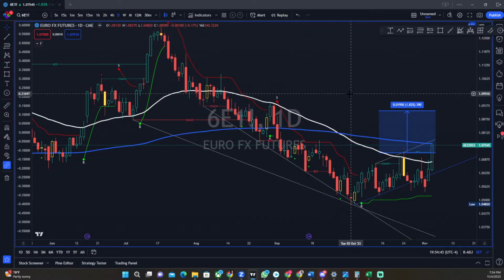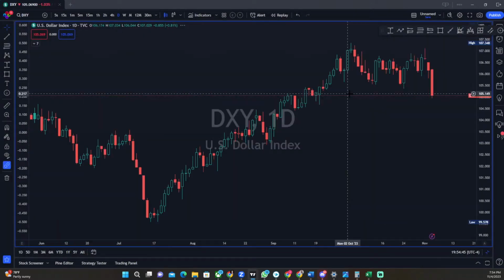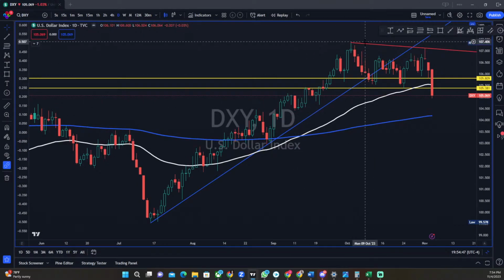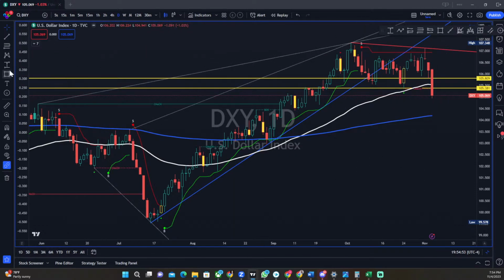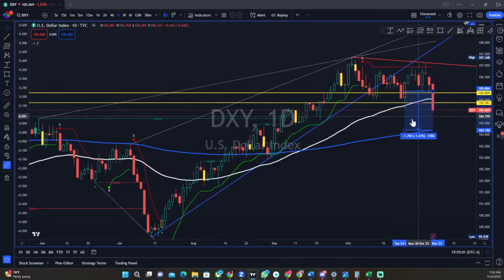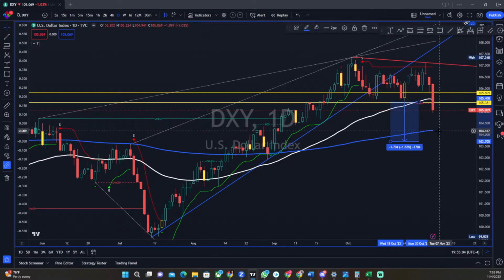Now, I want to get back to the Dixie, which is the dollar, so that way you can see. This is an M pattern. Like I said, it's inverse relationship. So if this is an M pattern and this is the lower side of that M, could the dollar get to the point where it breaks down to this level and test the 200 EMA? We may get $104. We may get it. I don't think we're going to get 100.